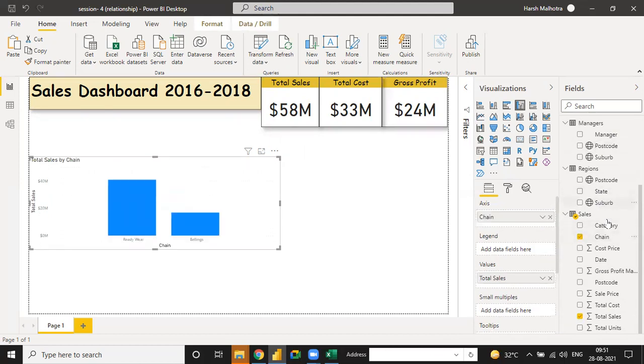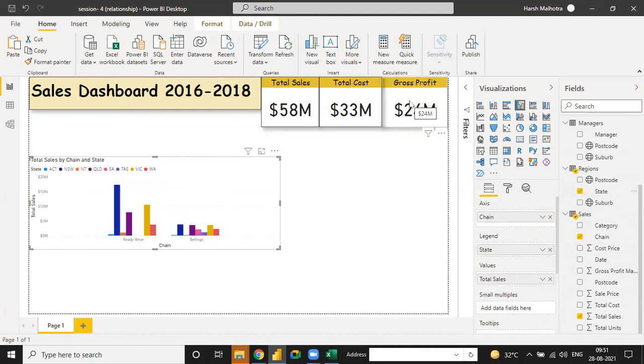Harsh, is the value of gross profit correct? Yeah, it is correct, because see, 58 minus 33 is 25 billion.